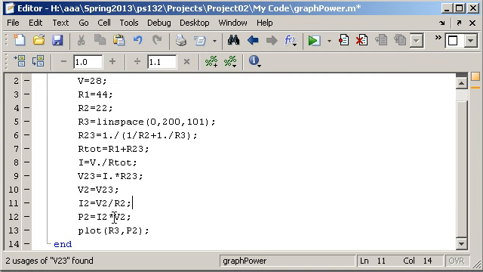It's like multiplying by a scalar. R2 is my scalar, so I don't need a dot star for that. And then I'm taking the result